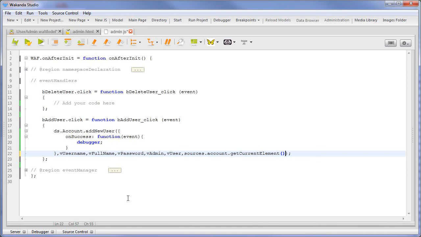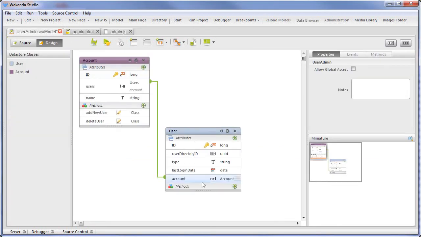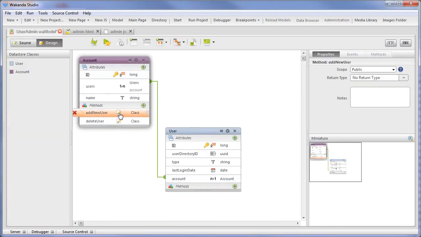We're going to pass it the current account because we're going to relate this user to an account. So let's save that. Let's go to the add user script,